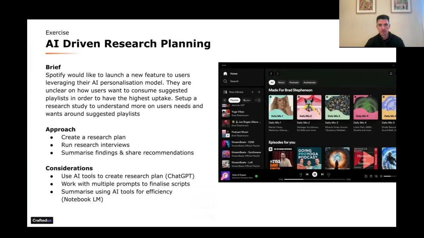So just going to finish today on a last AI-driven case study that gives a bit more context to what we talked about. Another brief: let's say Spotify were looking to launch a new feature to users that was leveraging their new AI personalization model. But they were really unclear, let's say, of how users want to consume these new playlists. Maybe they didn't trust them, maybe they didn't want to save them versus their own created ones. So let's just say the goal here was to create a research plan, to run some interviews and summarize the